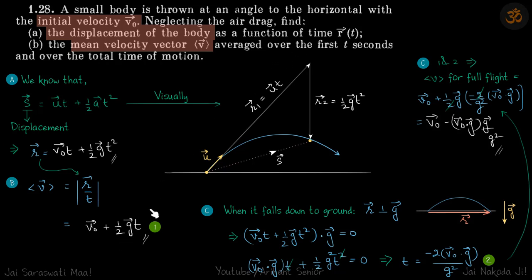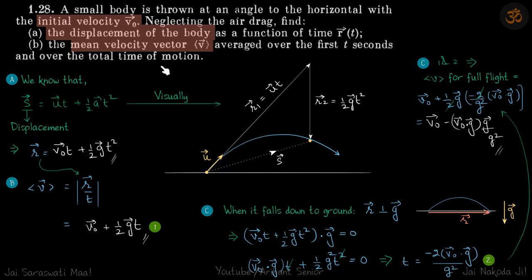Now, okay, this is not what we wanted probably. We found that for the first t seconds. And now we need to find that for the total time of motion. So for total time of motion, it will come back here. So here we are going to solve this problem with pure vectors. We are not taking any equation of projectile into use. So by standard way we are solving it.